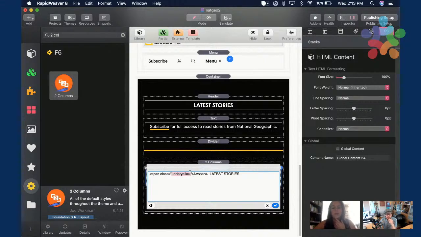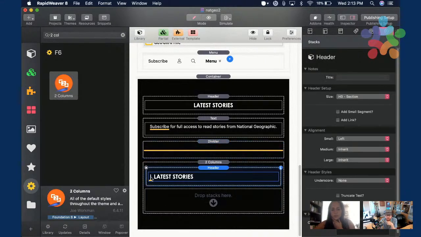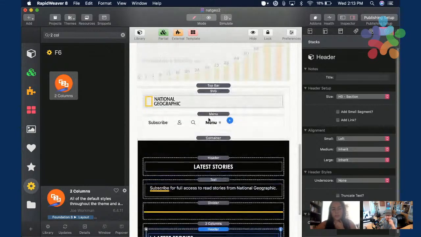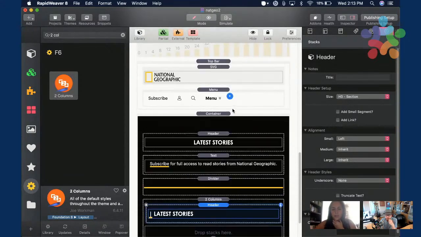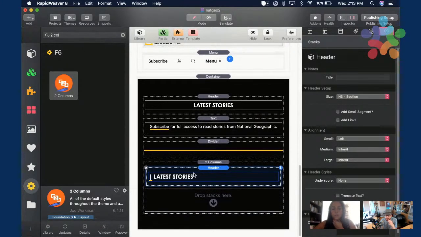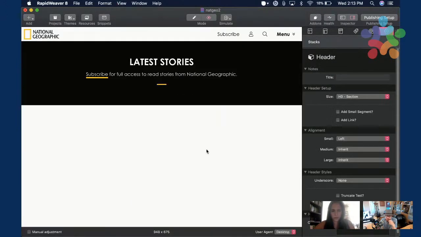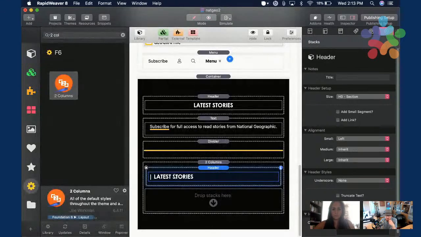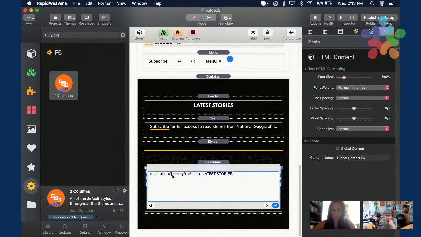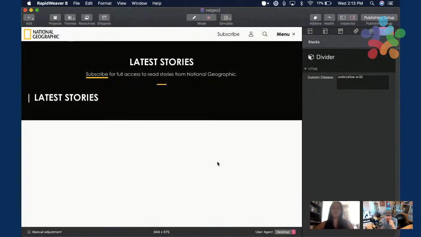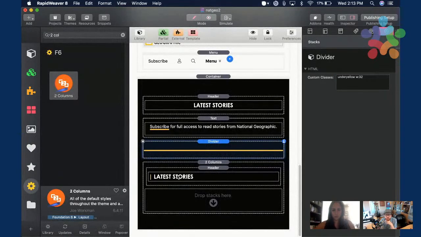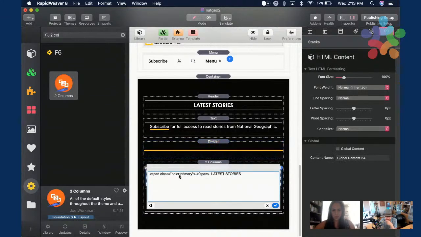I'm going to use a span, but I'm going to not underline it. Oh, actually, if I use, will that work? No. Can I use color primary? Yes. There we go. So yeah, we can replicate it.